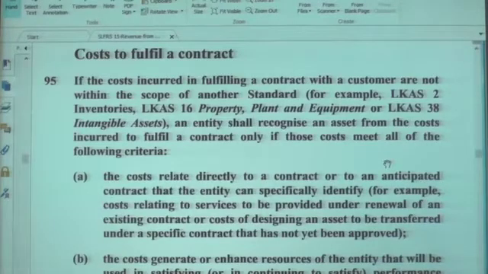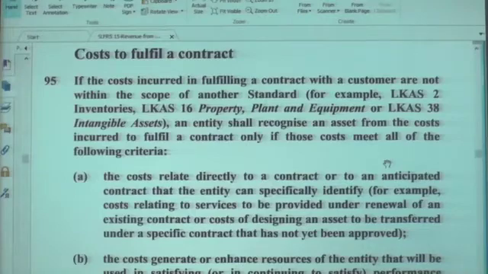For example, raw material purchased, clear, to consume for the construction. Labor cost, not only salary, all the 4 types of labor cost: short term benefits, retirement benefit, post employment benefits, then termination benefit and other long term benefit, all the employee cost, all the material cost, all overhead expenses, especially promotional expenses of that contract. For this contract, you may participate in more meetings, more conferences. Then for those activities you have cost.